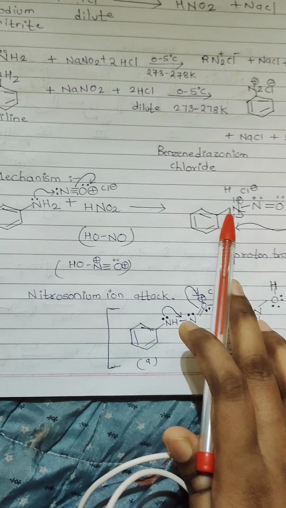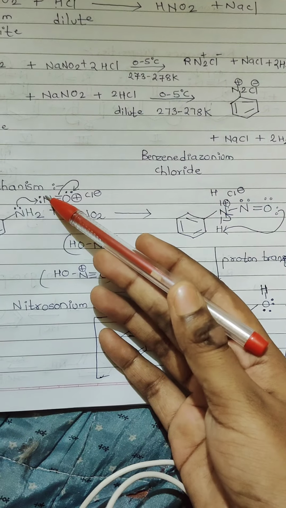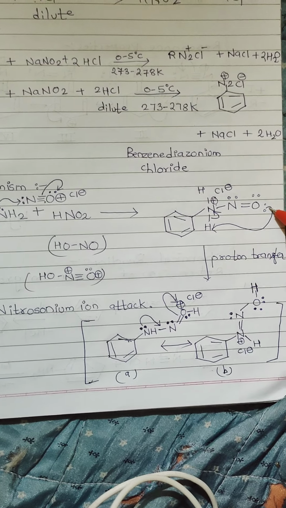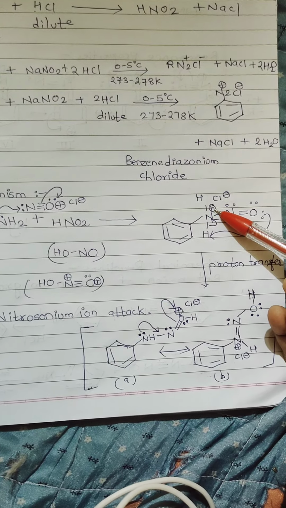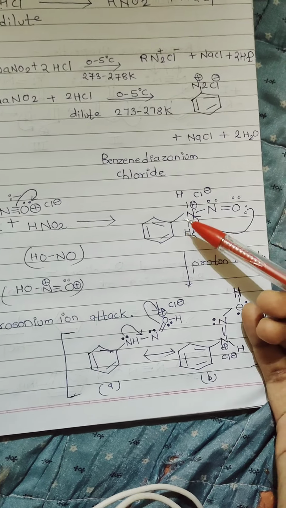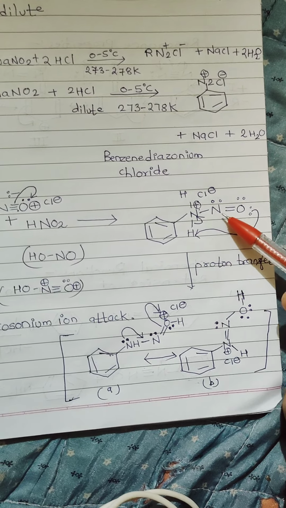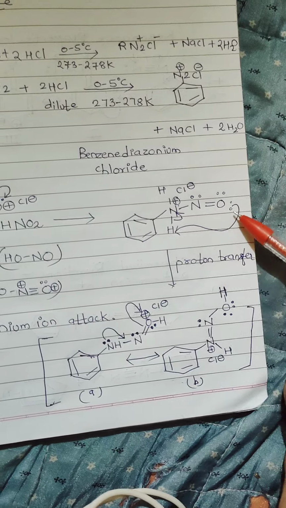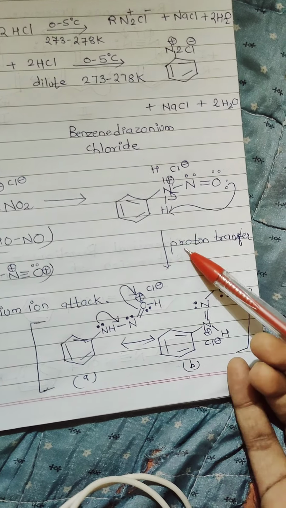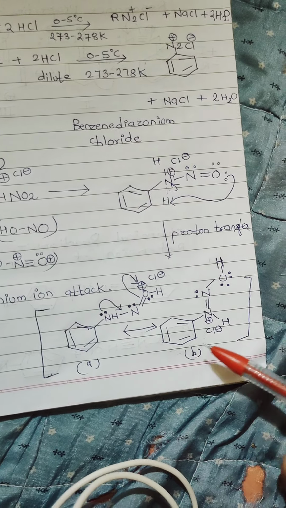Nitrogen will carry positive charge because it has gained a lone pair, and oxygen will be satisfied, or neutralized here. The positive charge is neutralized by the chlorine negative charge. Here there is a hydrogen transfer from first to third group. Oxygen lone pair attacks on hydrogen, and this nitrogen gets neutralized, and we get a proton transfer from first to third oxygen. And here we can see the resonance.